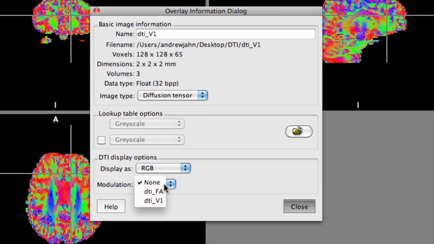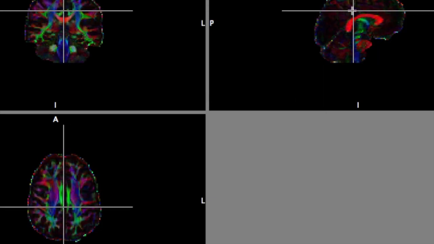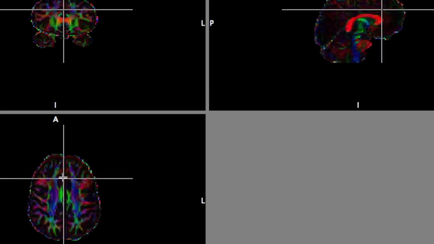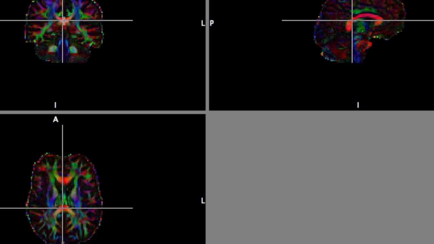Okay, so now this is looking a little bit more familiar, and we're going to modulate it by the DTI FA, the underlying fractional anisotropy data set. So this already looks pretty similar to what we would see in a typical paper. This is just for a single subject though, so it doesn't tell us that much, but what we can see is that